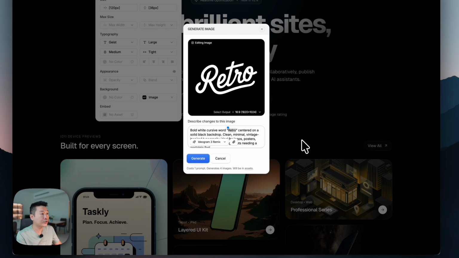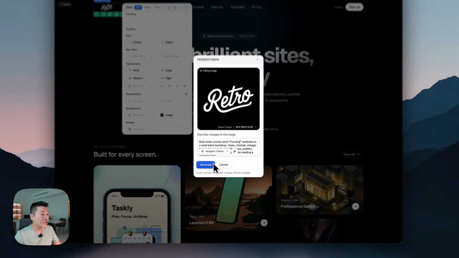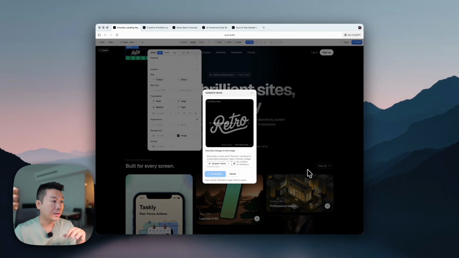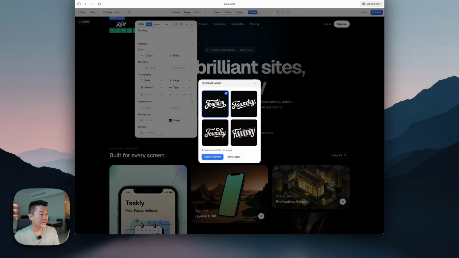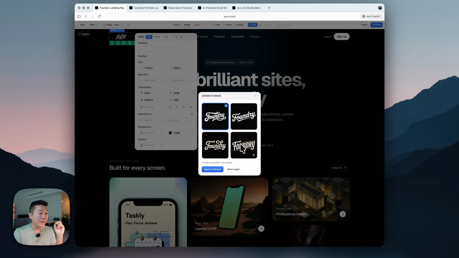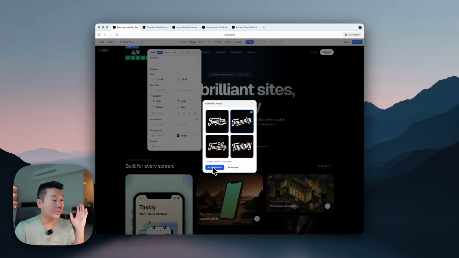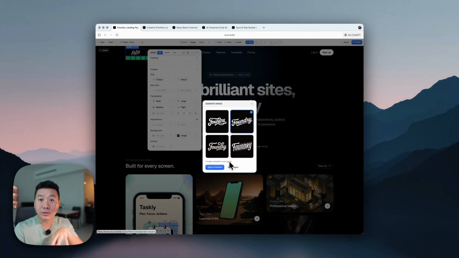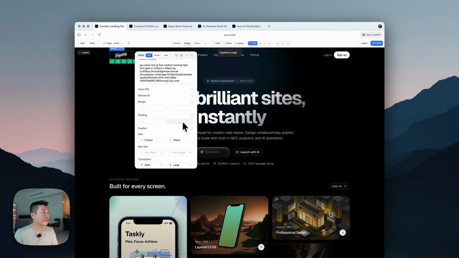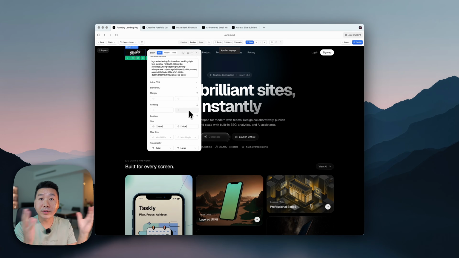So here I want to change this to Aura, or in this case, Foundry, and I'm going to generate, and it's going to give me 4 different ones. And it's going to take a little bit of time. Now, once this is done, you can see that we have 4 beautiful logos that I can choose from. And let's say I really like this one right here. I'm going to apply to element. Now, keep in mind, this is uploaded to your assets. And voila, we have this. We have our new logo from a